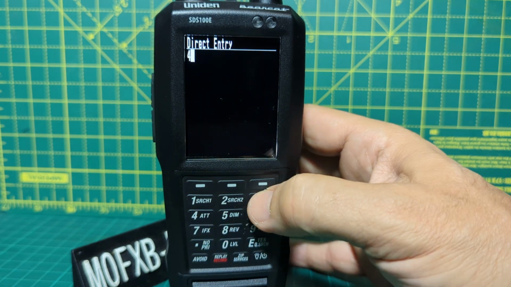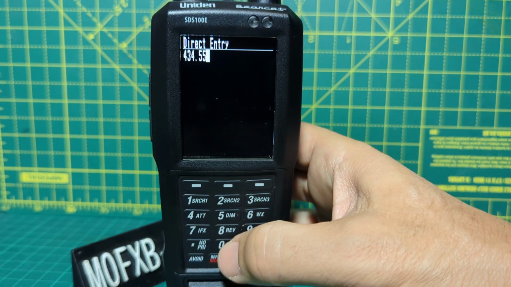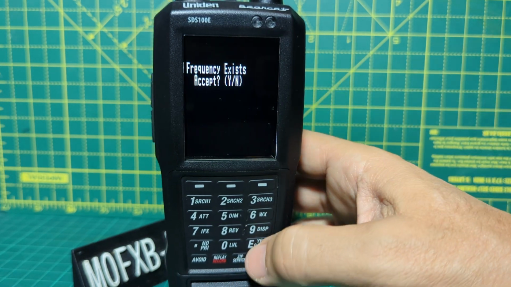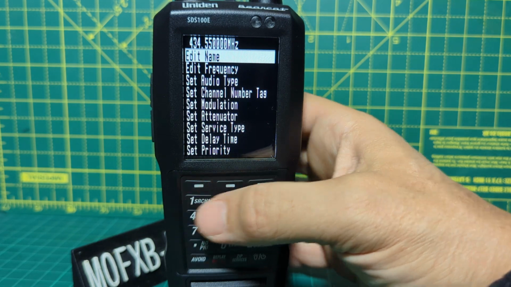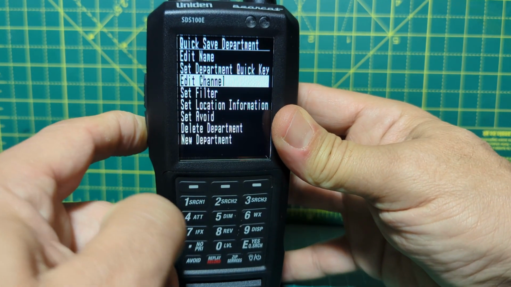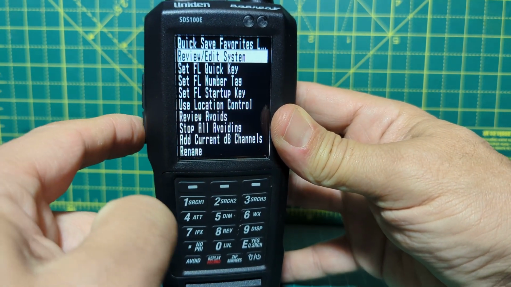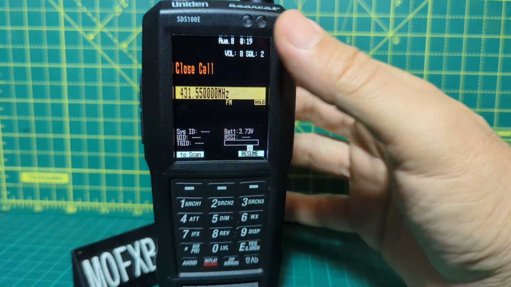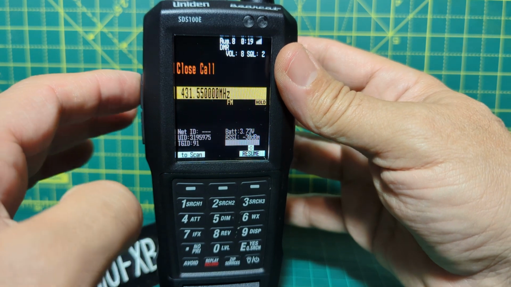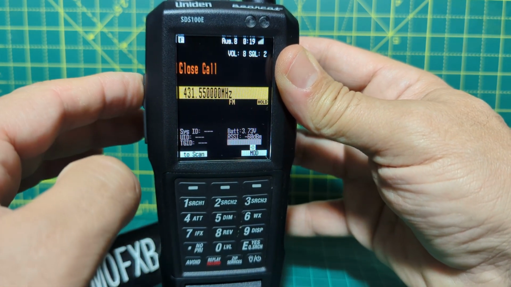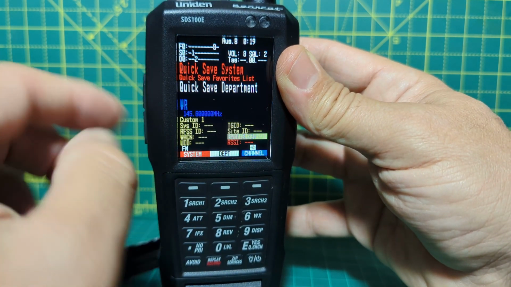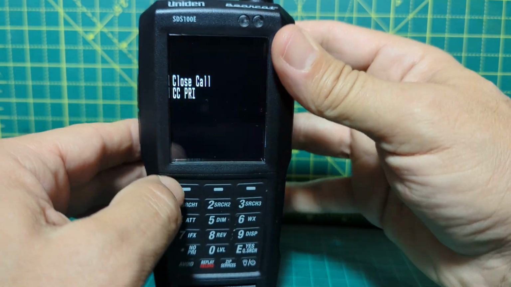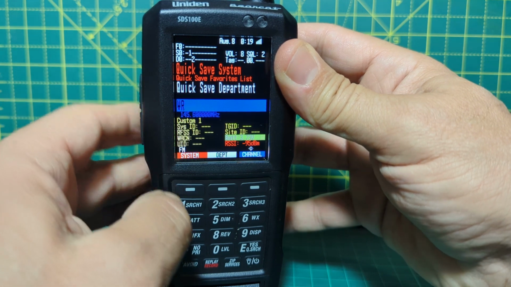So we go 434.550, enter. Yes, I've already saved that one, I think, but we'll just go yes anyway. Then back out all the way, if you want to keep it on the screen. And that's actually my hubnet node, but I need to turn off close call because it's taken over. So go back to scan by hitting that, hold, F, close call, hit it again, F, you've got to be quite quick,